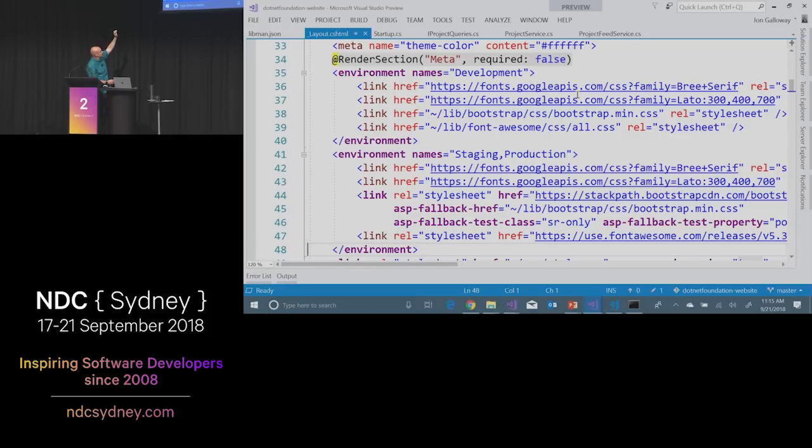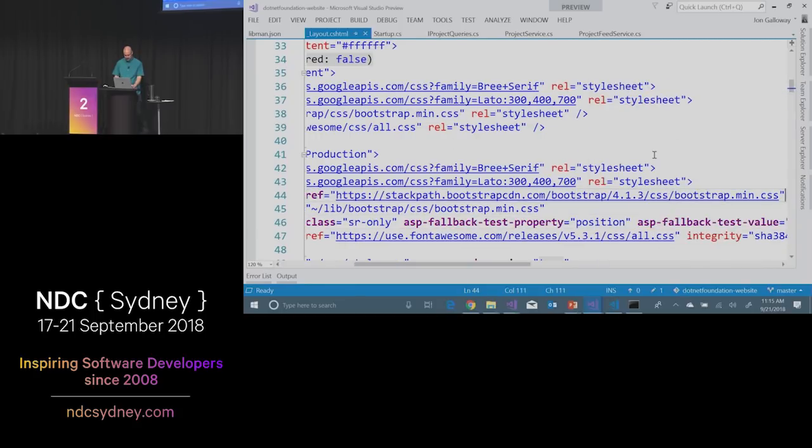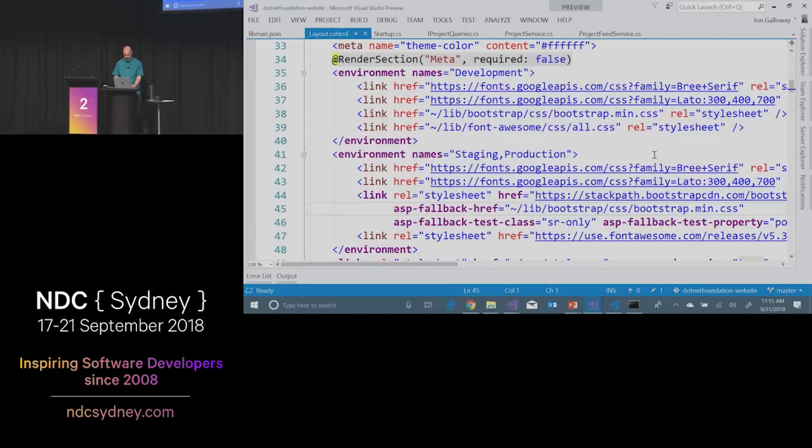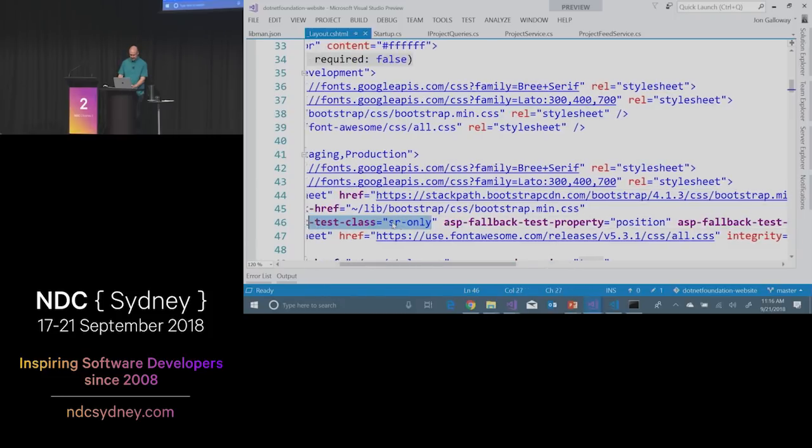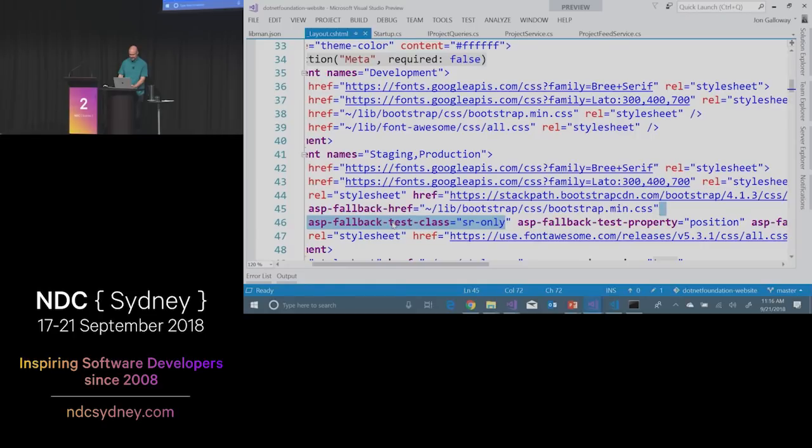So when you're running locally, you may want to be using local copies of the files. When you're in production, you want to use the CDN versions, but if a fallback is available, you want to use it. So for instance, in this case, here's Bootstrap coming from the CDN, and then this ASP.NET fallback stuff is pretty cool. What it does is it says, test for this class. So look for this class, check for the property position,